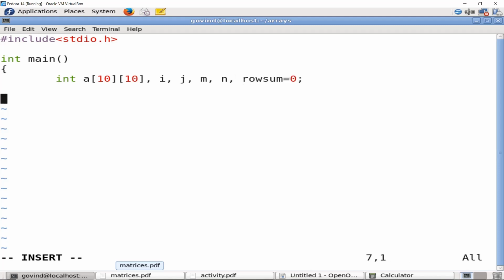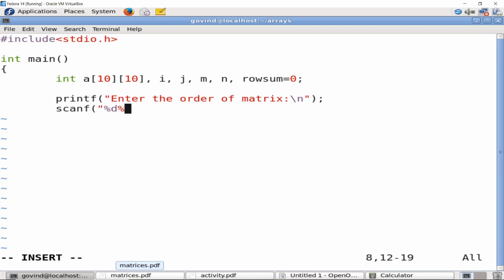Let me initialize the value of rowsum to 0. I'll ask the user to enter the order of matrix. Since there is only one matrix, I'll go ahead and enter the order as M and N.